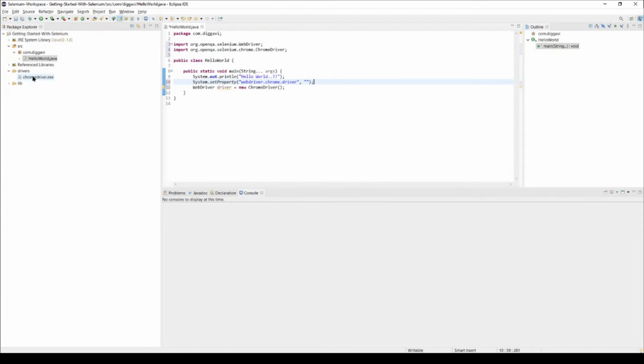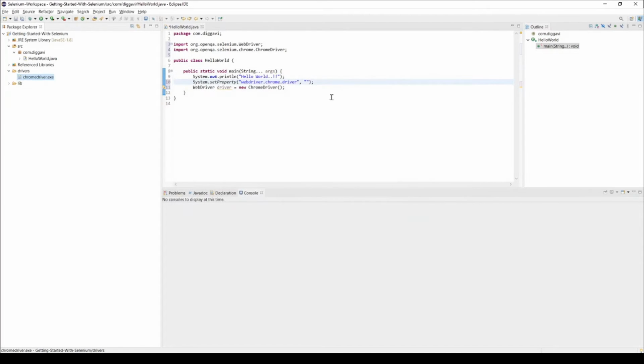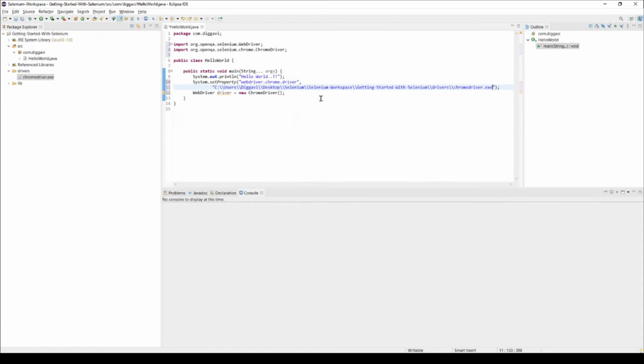So either we can right click properties and copy this path and paste it here. I'm going to show you a better way to do this one, but let us focus on the script itself.